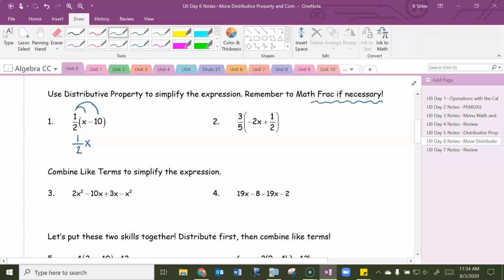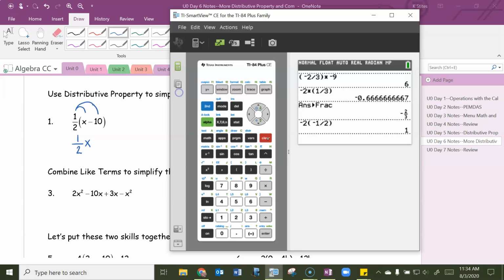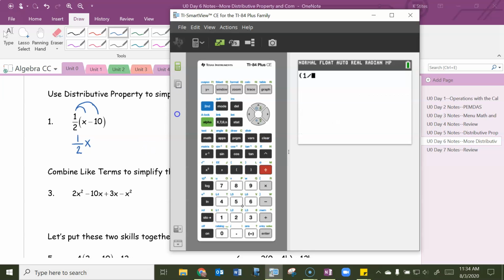And remember we talked about this the other day, 1/2 times -10 is just half of -10. Or if you would like, you can put your half in parentheses and multiply it by -10,